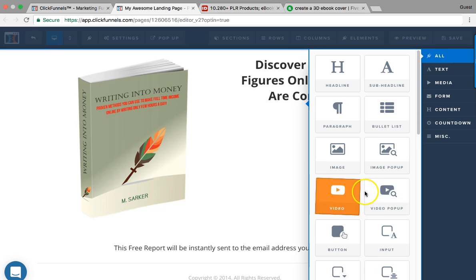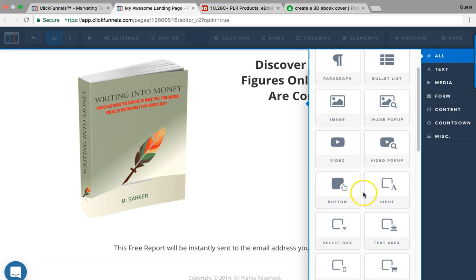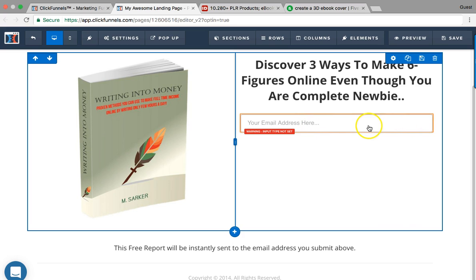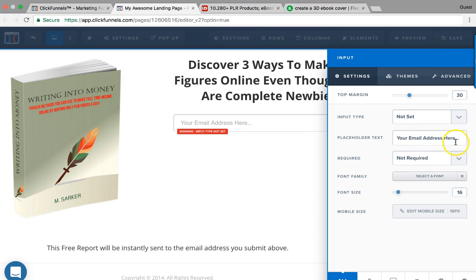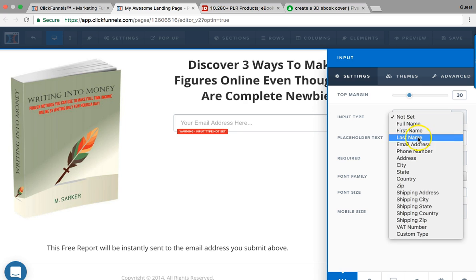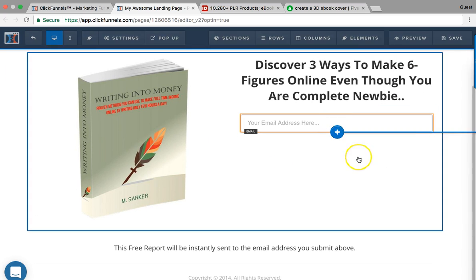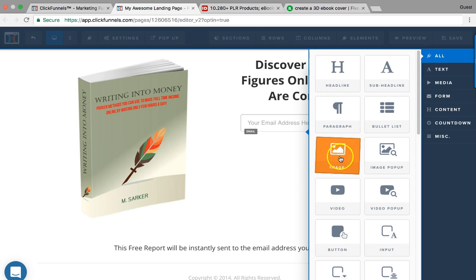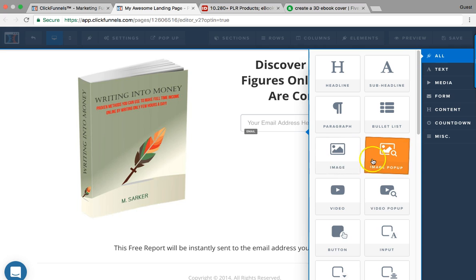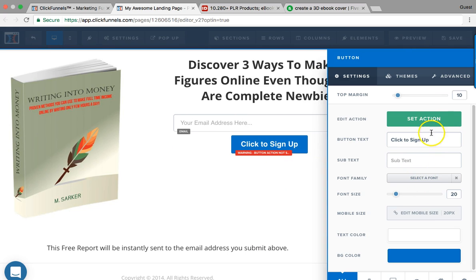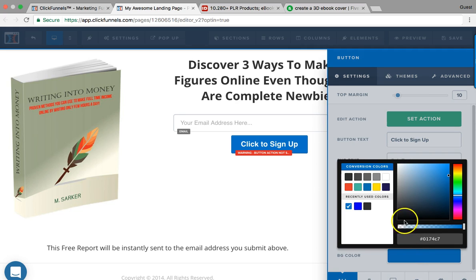So if you are completely new and you never tested it before, I'll highly suggest you to use an input box right here. Click on that and make sure you make that an email field, and make sure you have your button as well. Just click on that and make this thing bigger,